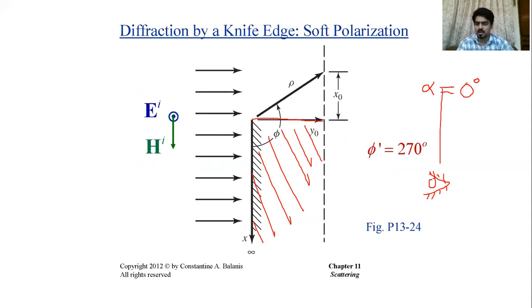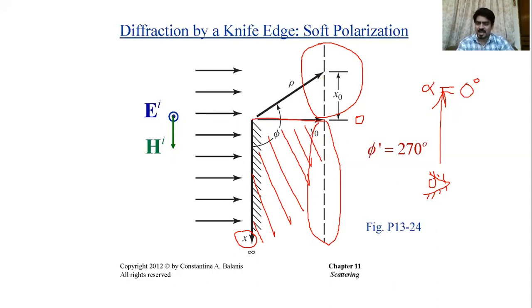So if we move along the x-axis, we can divide this into two regions. One will be when you have x negative. This is the positive x direction, and this is, let's say, your origin. So for the negative values of x, that will be your region 1, and for positive values of x, that will be your region number 2.